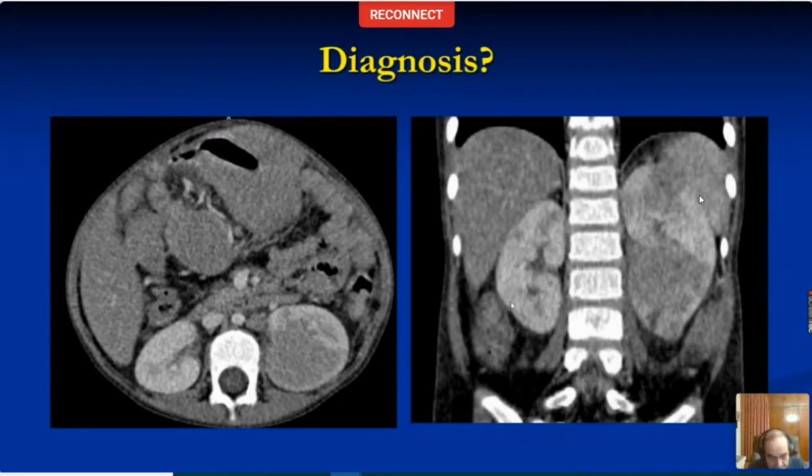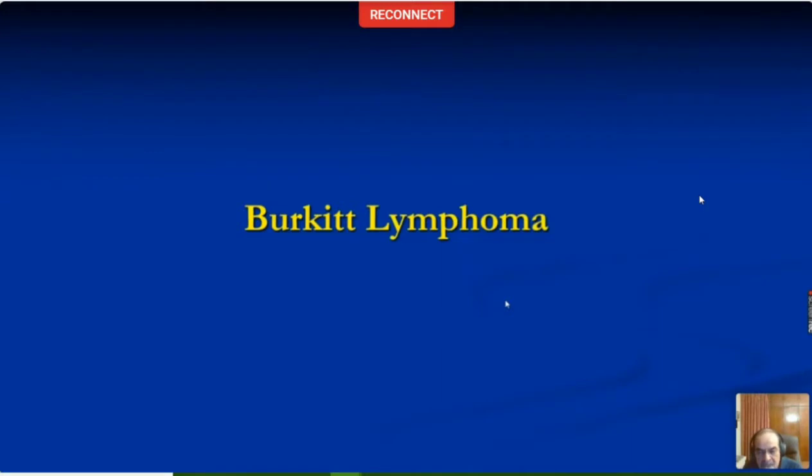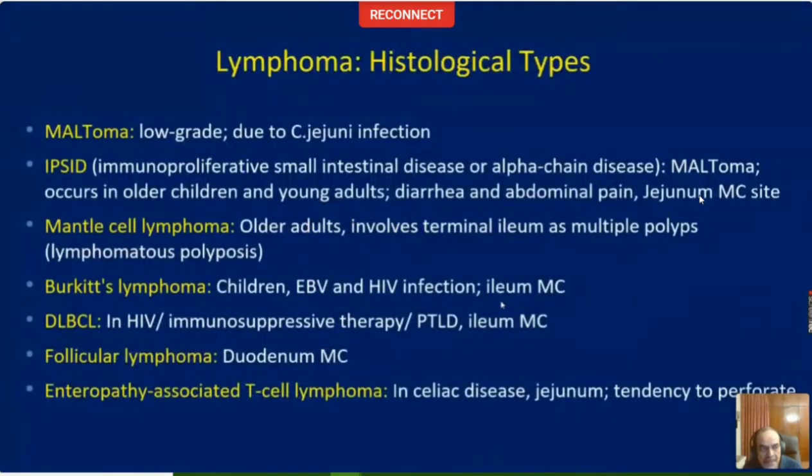Yes, sir. So lymphoma. Good. In children, which type of lymphoma do you commonly get in the right iliac fossa? I'm not saying this is that, but what are the common histological types of lymphoma that you get in children in the ileum? So non-Hodgkin. Which type of non-Hodgkin's? B cell. No, Burkitt's lymphoma. Okay. So this is non-Hodgkin's lymphoma involving an ileal loop and the kidney. And this was on biopsy, Burkitt's lymphoma.